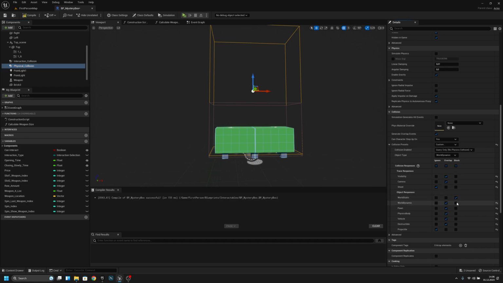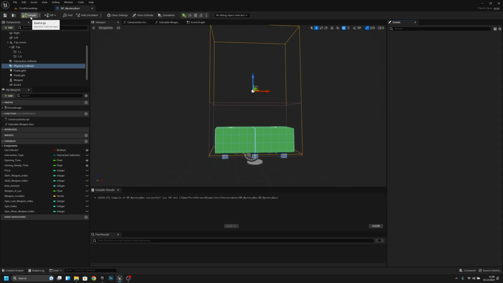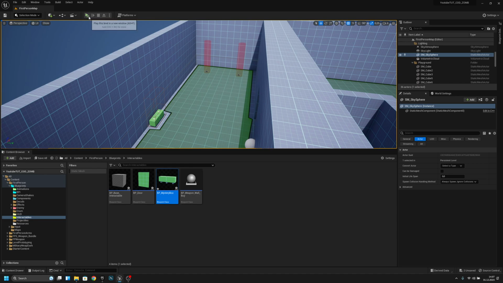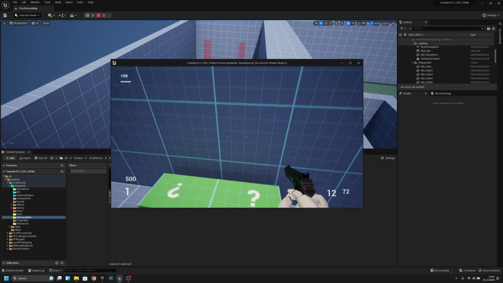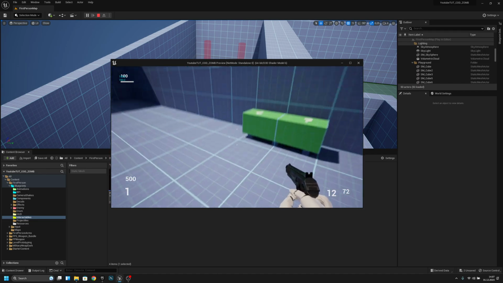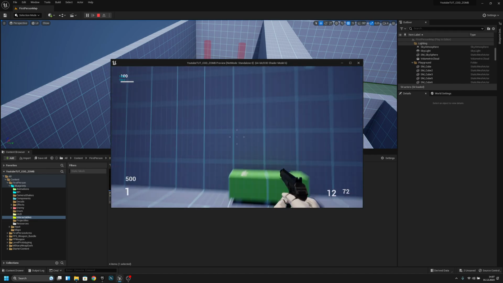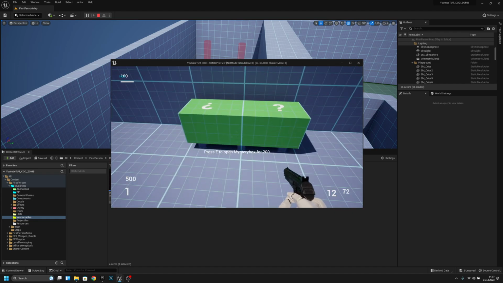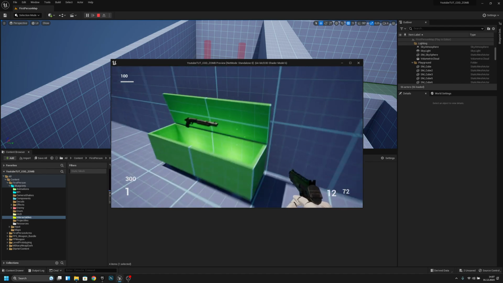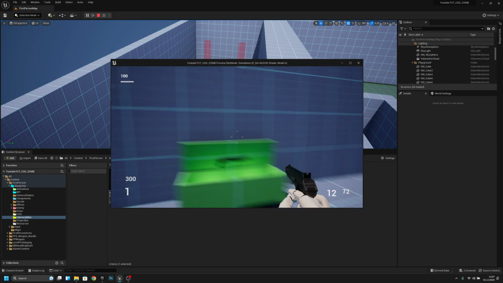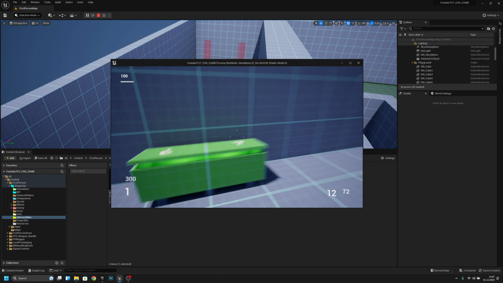to block all these object responses like this, but not this projectile. Okay, now that it's set, it should work. So basically now we cannot jump over it, because it has an invisible box here, but we can interact with it from here, so it has a better interaction collision. Okay,